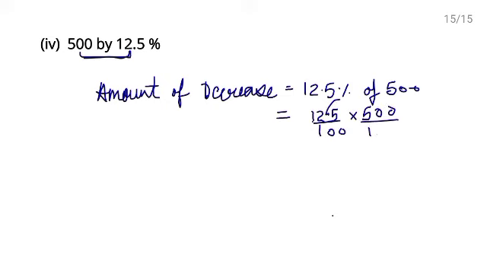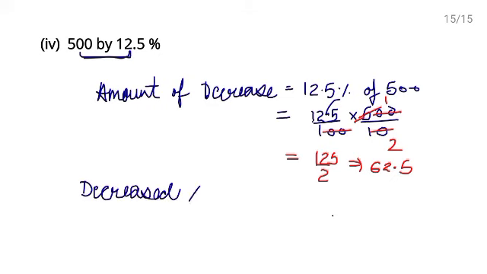Remove decimal, put 10 in denominator. Zeros to zeros cancel out. 5 1s are 5, 5 2s are 10. So this is 125/2. When you will divide it, you will get 2 6s are 12, 2 2s are 4, 2 5s are 10, 62.5. Now you want to find the decreased amount